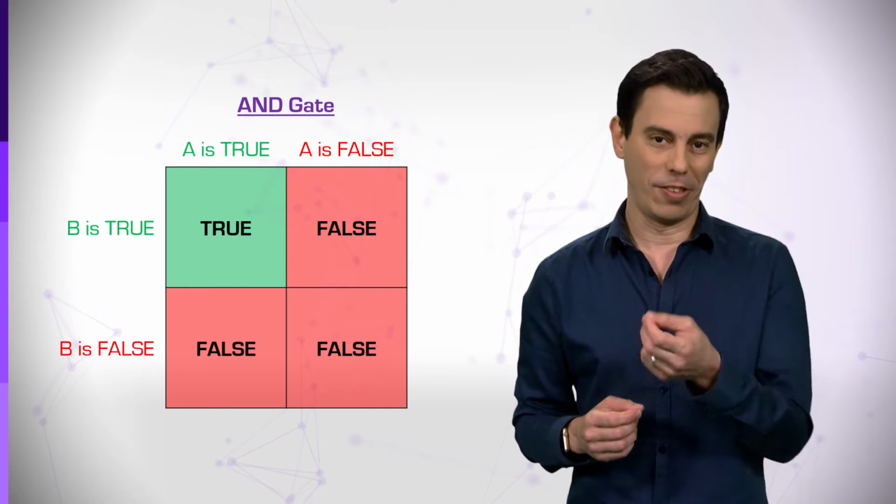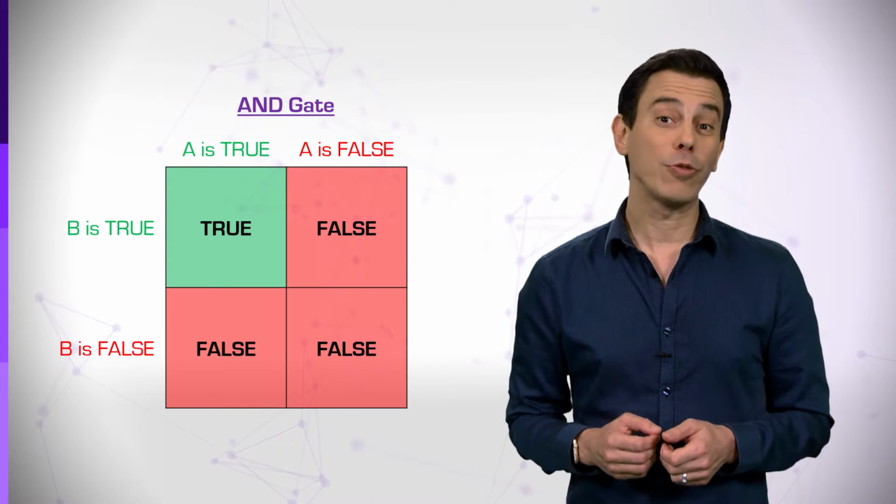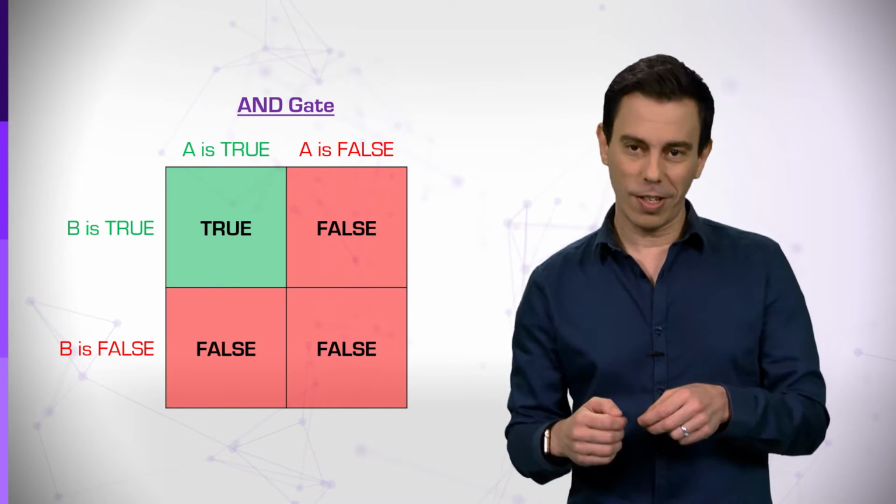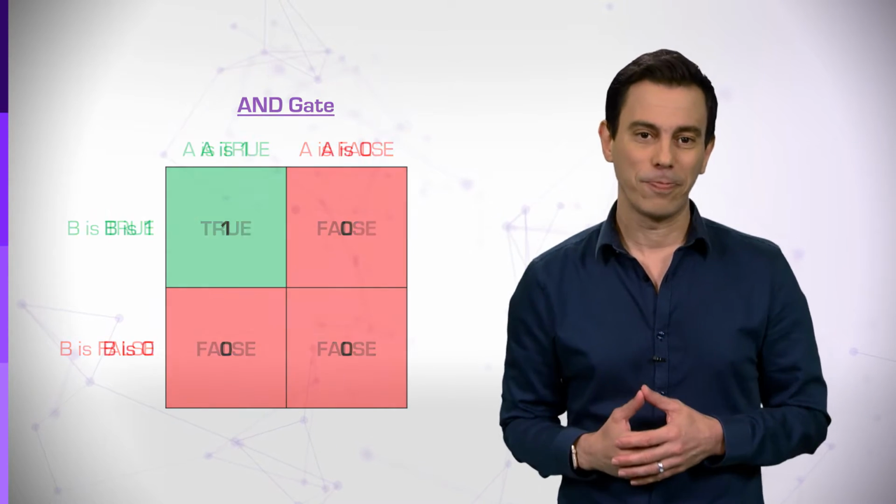Welcome back to Artificial Neural Networks. We've just discussed the ability of one neuron to perform the operation of the logic gate AND. Did you figure out how? Let's see together what this process looks like.